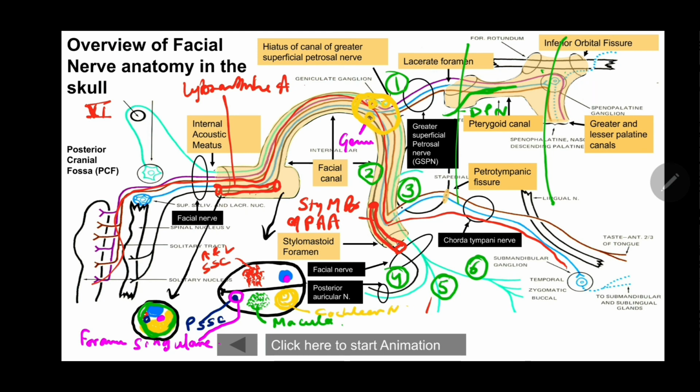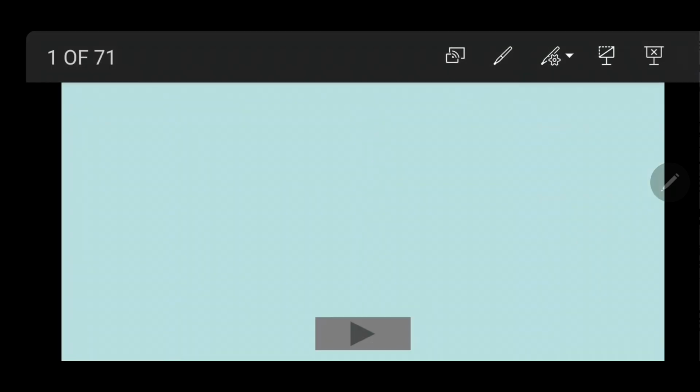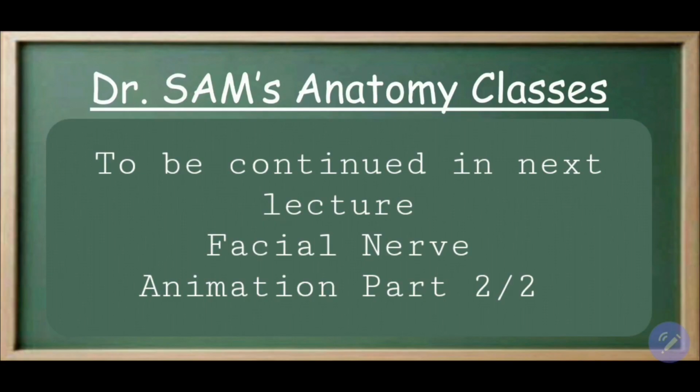If it's becoming an extensive lecture, you can stop it, you can pause it, you can go through it in your next sitting. But I have to complete it all in one sitting, so I'm trying to cover the maximum. Okay, so now let's move to the animation portion of the,